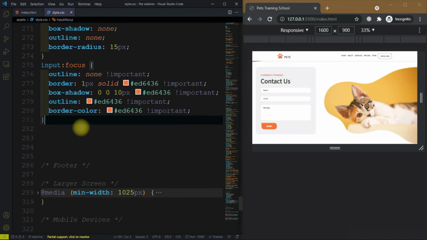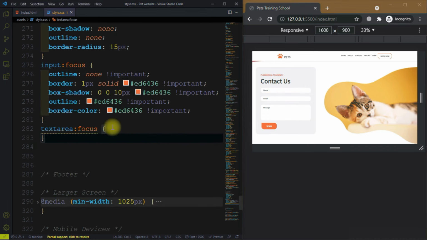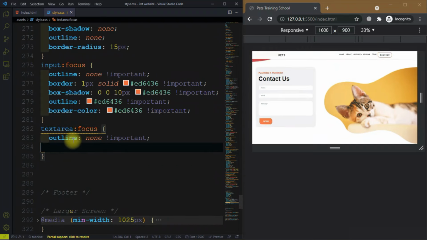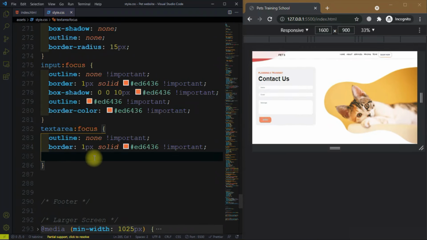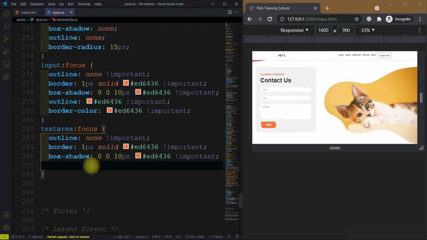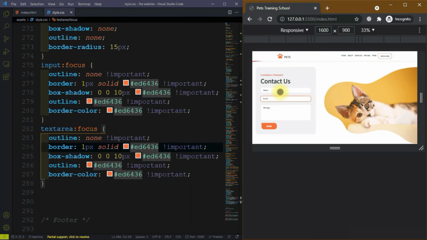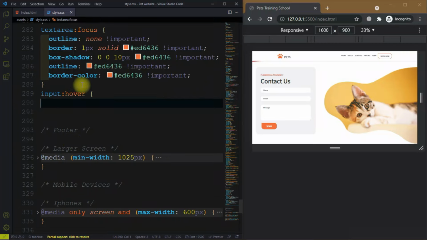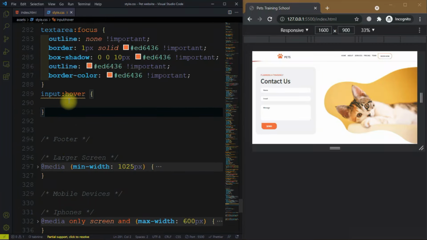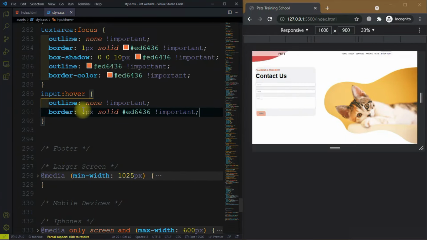Now similarly for the text area, let's add the same thing here: outline, border, then box shadow. After that give it outline, then we have a border color, so it will alter this. Now we need to add the hover effect, so we want the same effect for the hover. So input colon hover, give it an outline, then we have a border,